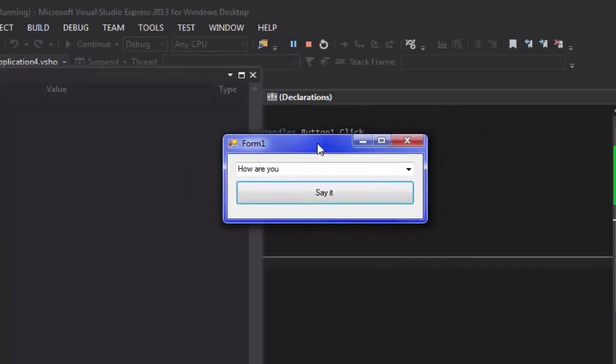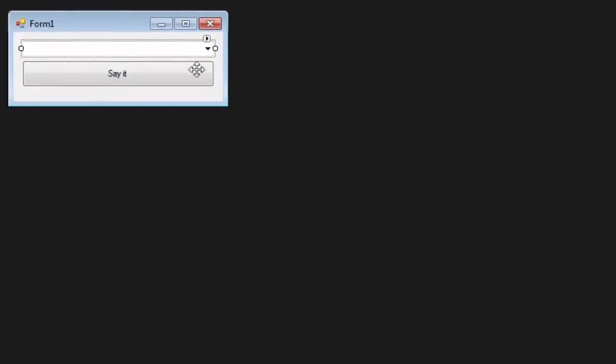I hope you guys found this tutorial useful. I know it wasn't very long, but it got the job done anyway, and you guys got a pretty good understanding of how to use the combo box. So you can use this in many different ways. Like I said, you can make it open up a different form, so it does different stuff, or you can make it do different options like change